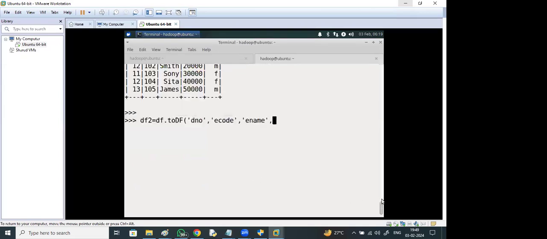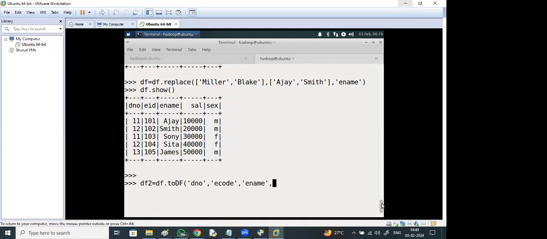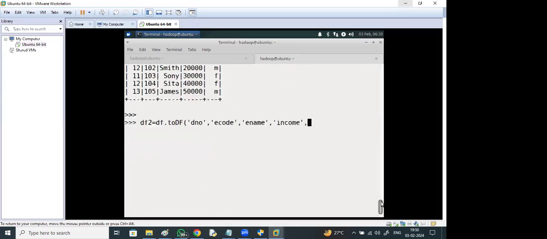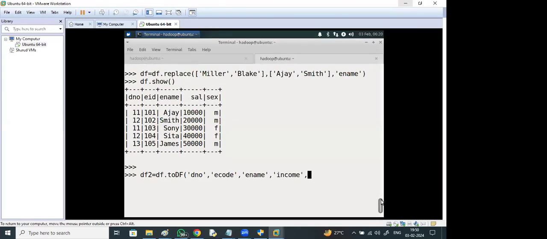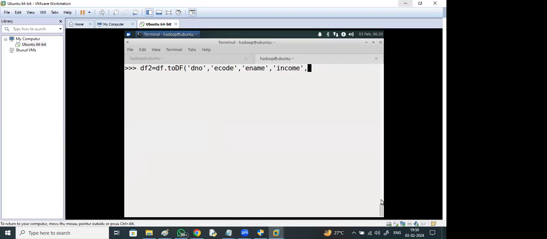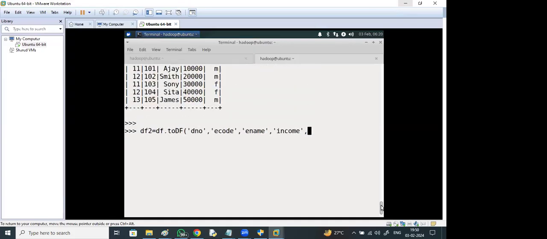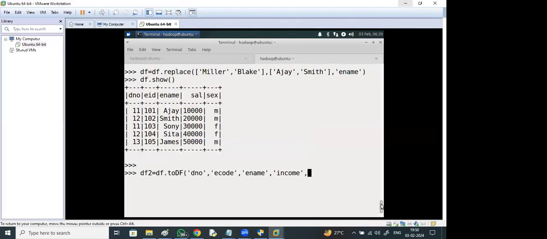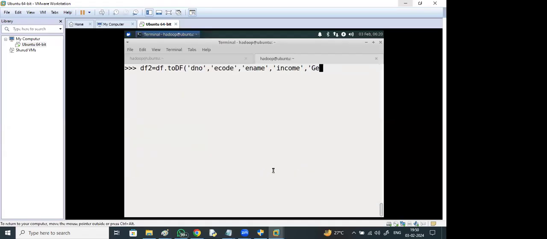Next, salary, instead of salary, income. You can say income. Last one is gender.